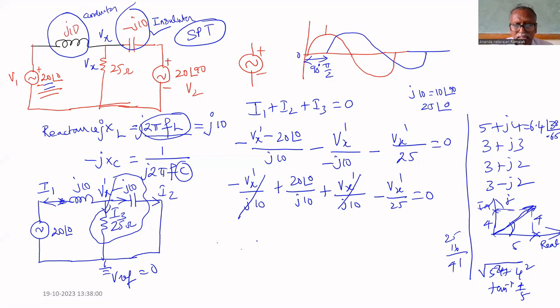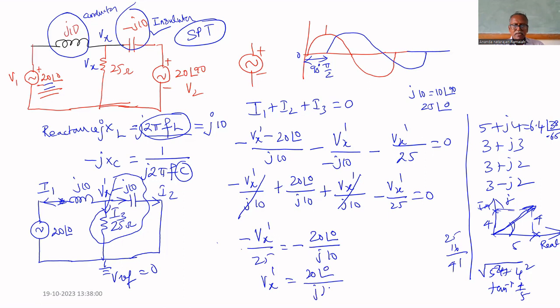So what is remaining? Vx' divided by 25 equal to minus j10 divided by 20, sorry, minus 20 angle 0 divided by j10, or Vx' equal to 20 angle 0 divided by j10 multiplied by 25. That is equal to